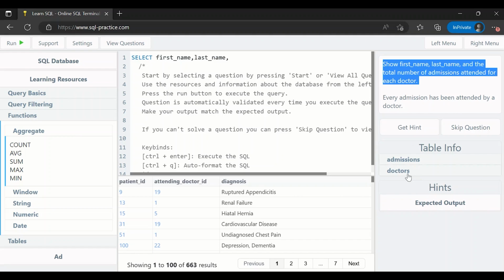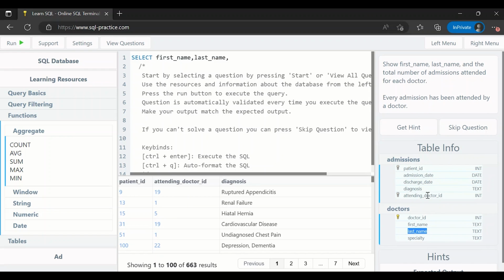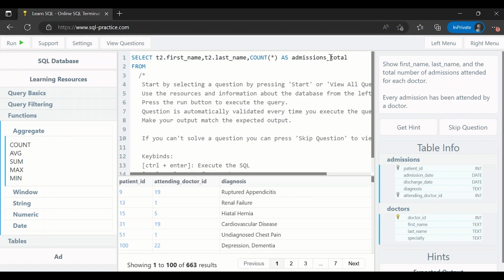So we have to get the first name, last name from doctor's table, right? And total number of admissions will be from the admissions table. So the first name will come from the table number 2. I am just representing doctors as T2, so it will be T2 dot first underscore name, then T2 dot last underscore name, right? And then I have to count all the records, this as admissions total. This is coming from the table number 1, from admissions